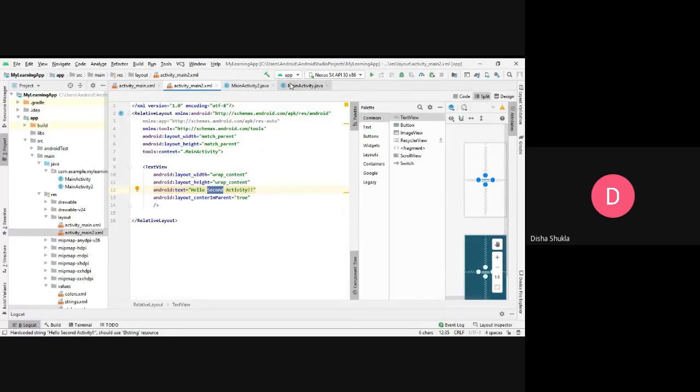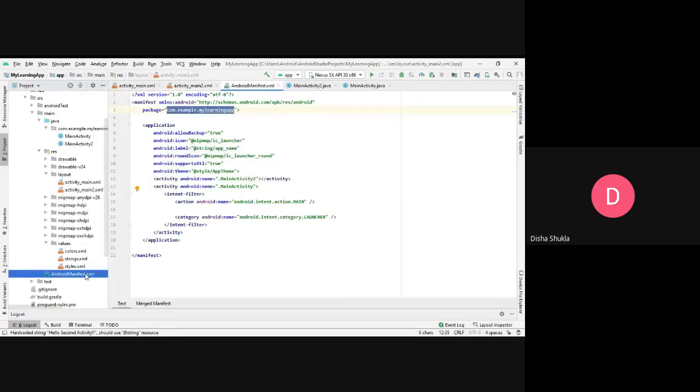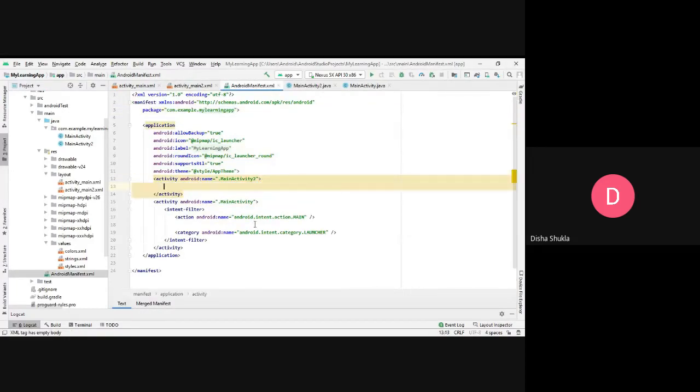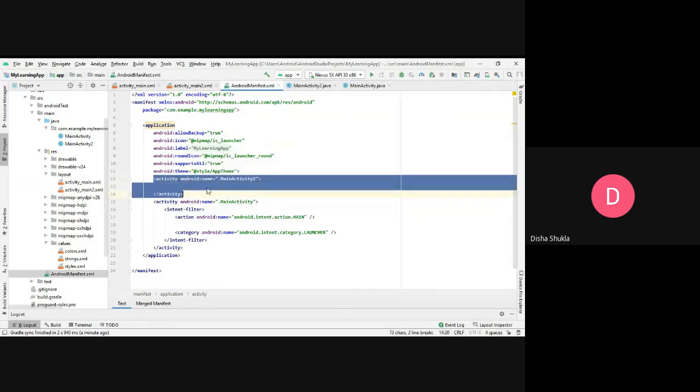Now going to the actual development. But before that, I want to show you something. See this manifest file. Now before this, the manifest file did not have this thing, that is, another activity has been registered over here, because I created an activity, that is main activity 2, that has been created. So it shows it has been registered over here. But now, say for example, if you're not directly creating an activity, there is another method also with which you can create an activity, and I would like to show the difference between them.